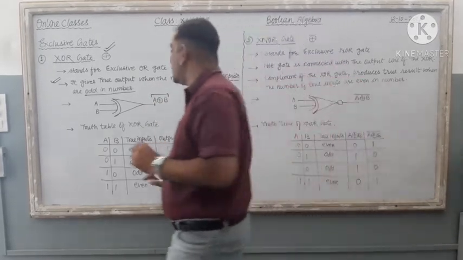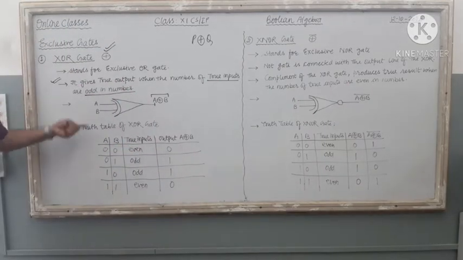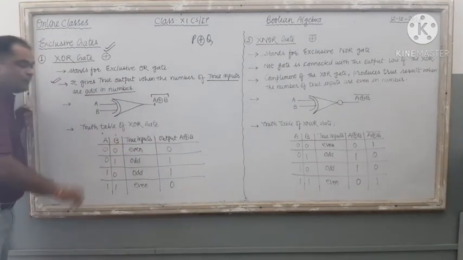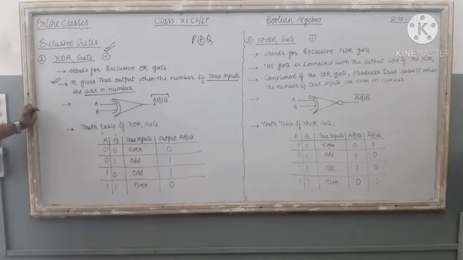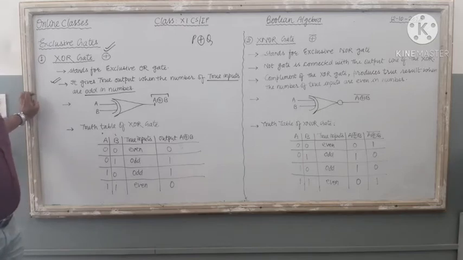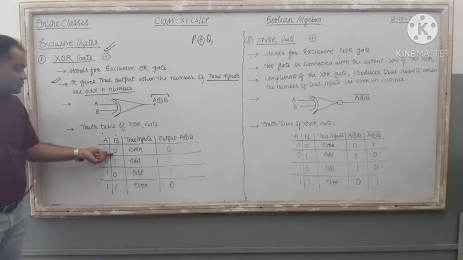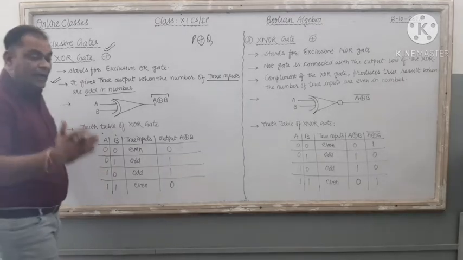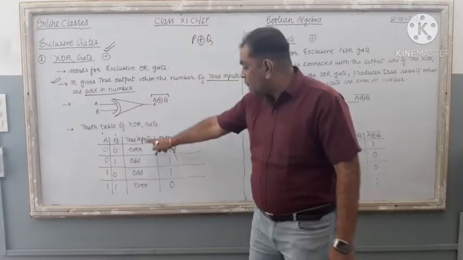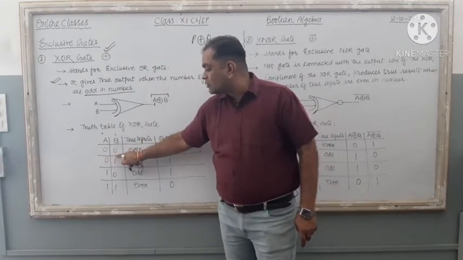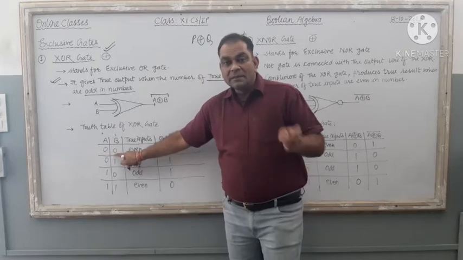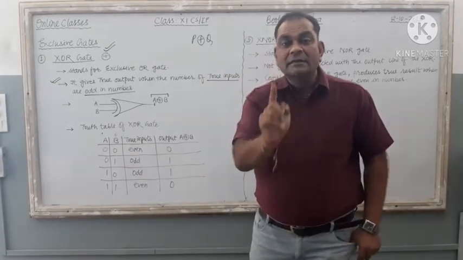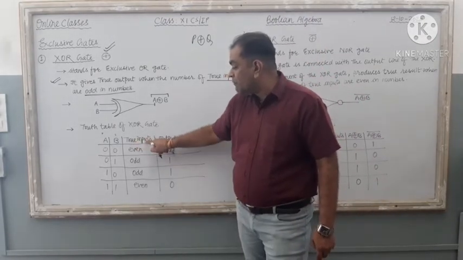Right? Just check this truth table also. It is related to the XOR gate only. Here A and B, 2 different inputs are there. When 2 inputs are there in a particular gate, 2 raised to power n means 2 raised to power 2 equals 4, so a total of 4 different possibilities are related to the truth table. So here: 0 0, 0 1, 1 0 and 1 1. Now to produce the final result of the XOR gate, you have to count the presence of 1 in the truth table. 0 0: the presence of 1 is 0, and 0 is under the category of even. Just see, true inputs even.